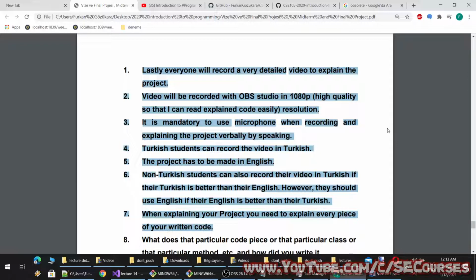The project has to be made in English. 6. Non-Turkish students can also record their video in Turkish if their Turkish is better than their English. However, they should use English if their English is better than their Turkish. 7. When explaining your project, you need to explain every piece of your written code. Okay, the video is very important. This is where I can evaluate your project properly. Okay.